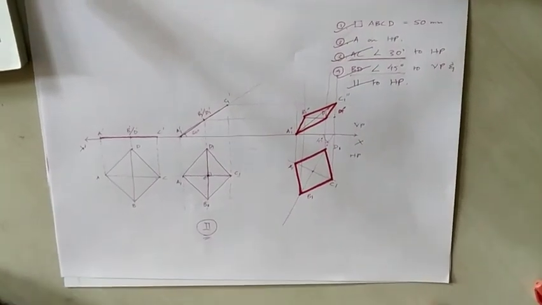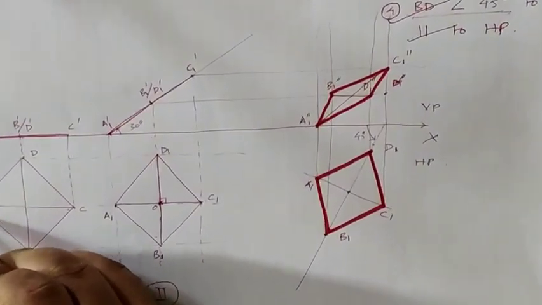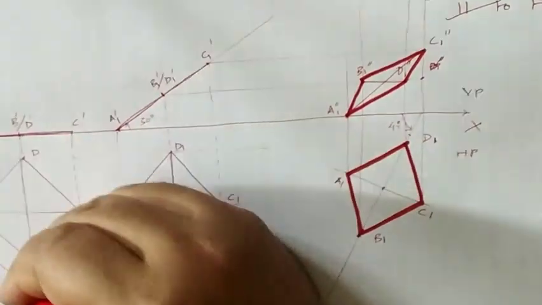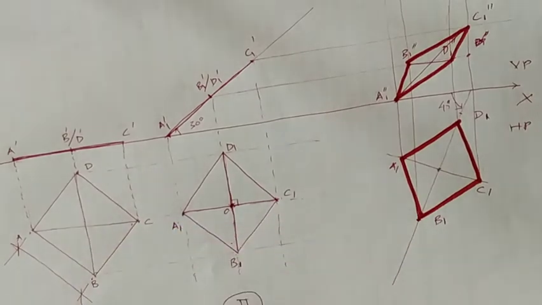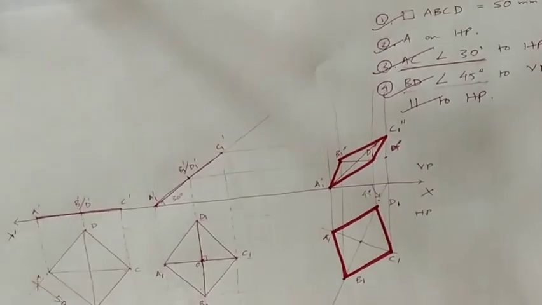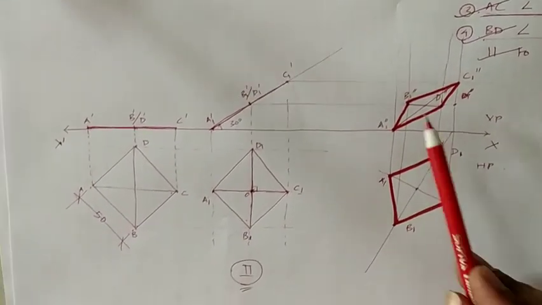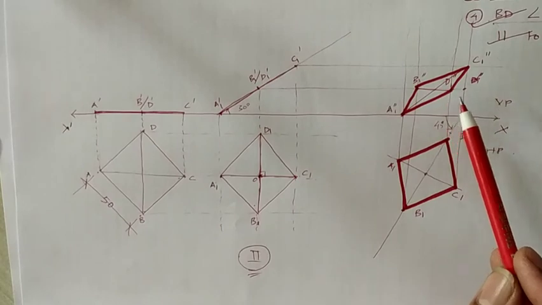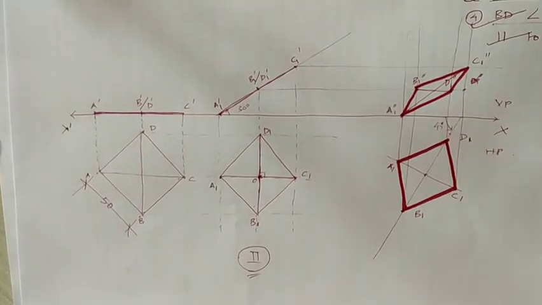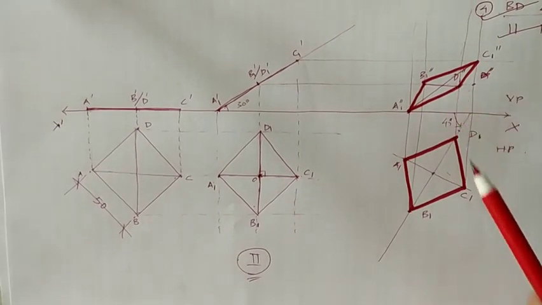Okay. Now dimension you need to mention somewhere. So dimension we mention it here because this is the original one where we can mention the dimension. This is 50 and that's it. This completes the thing. This is the final plan and final elevation as required. So somebody asks you which is the final plan and elevation, you say these two. This is the final elevation, this is the final plan.